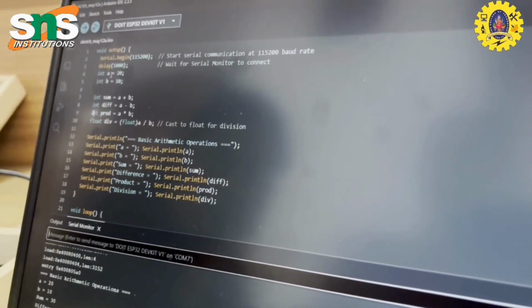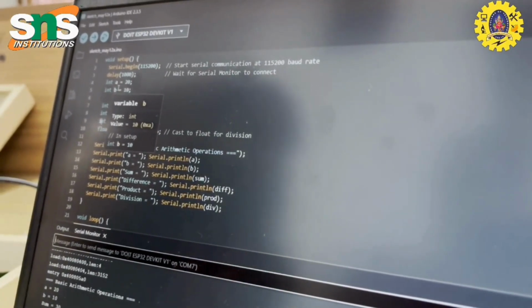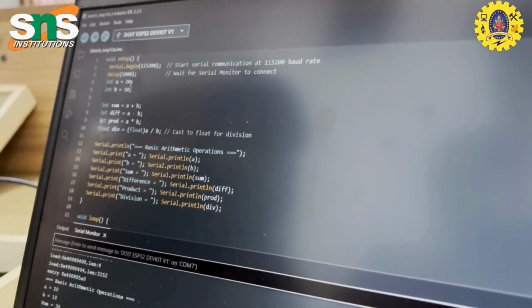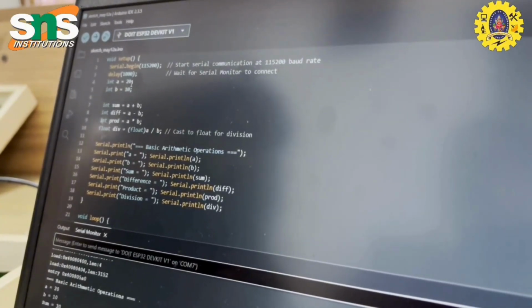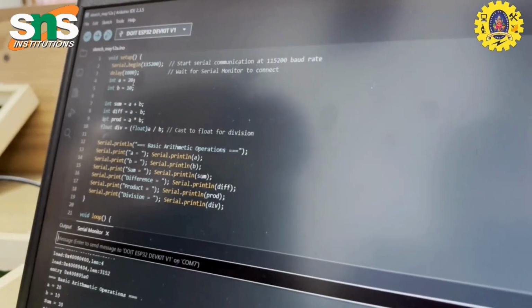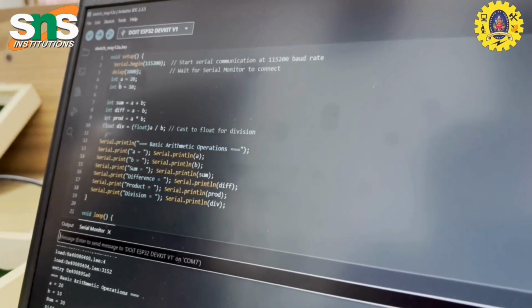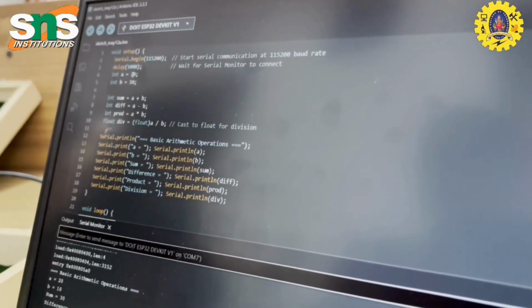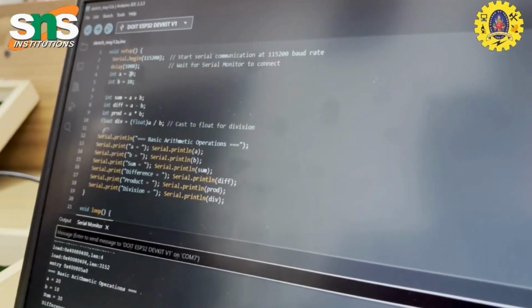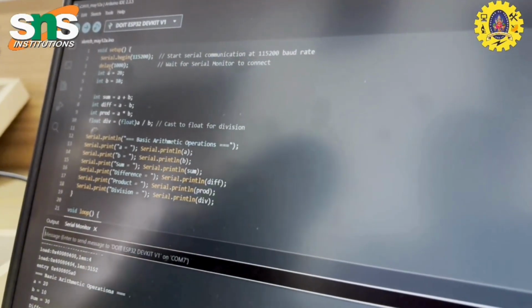And next we are describing A and B. So the basic operation is between the two variables, that is A and B, and these two variables have to be defined. So for example, if I am giving the variable value as 20, what can be the variable type? Integer. If it is 20.5 or 30.5, what will it be? Very good, float. So we know that if it is an integer or a character or a variable, what type of variable, we know, right? So we have